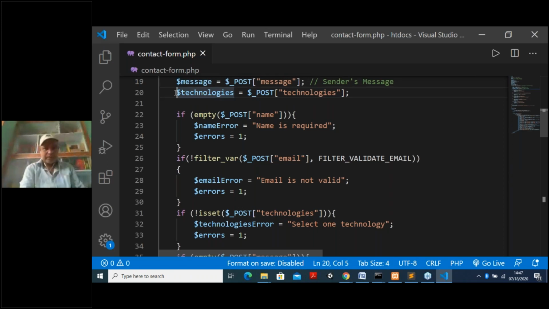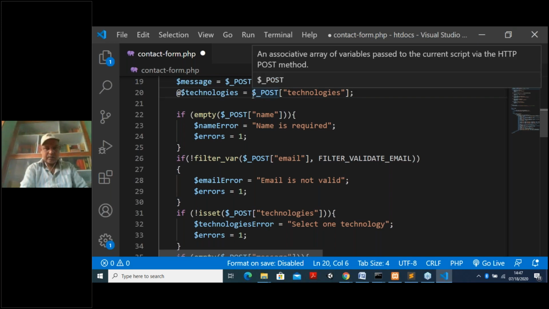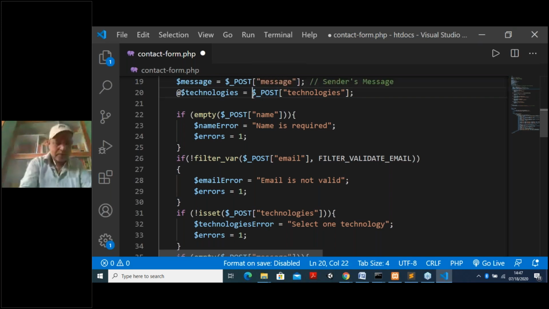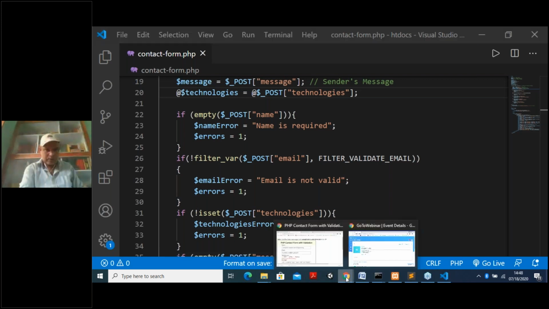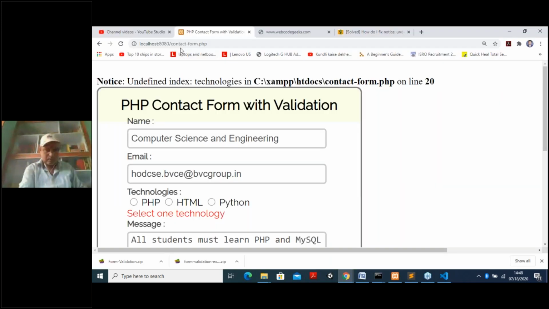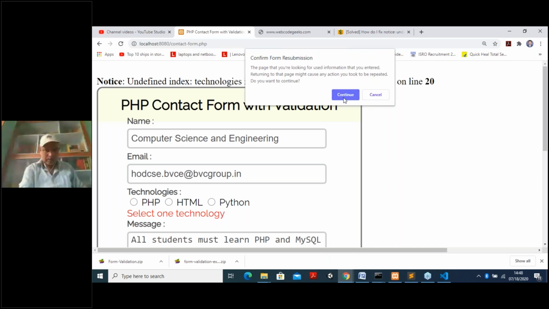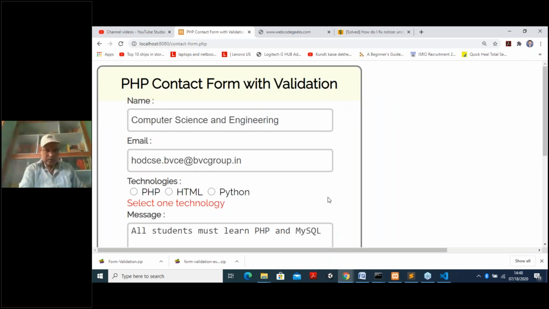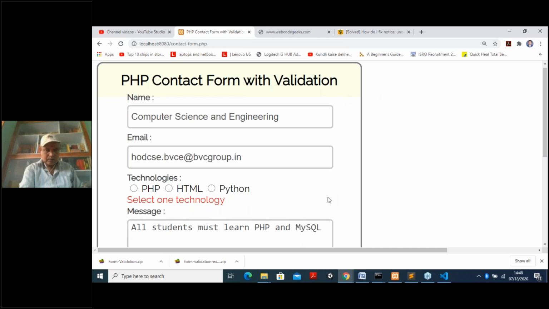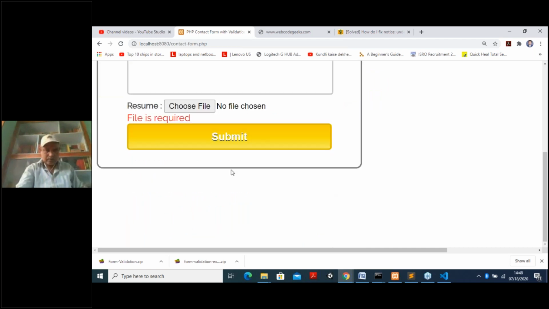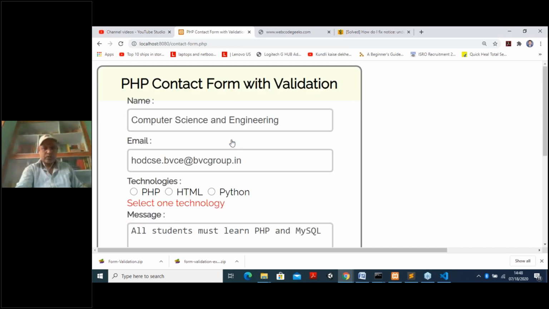So that's great. Yeah, that error is gone. It is not showing the error.